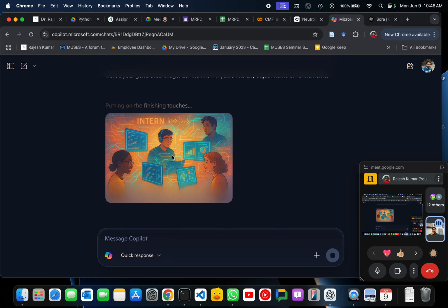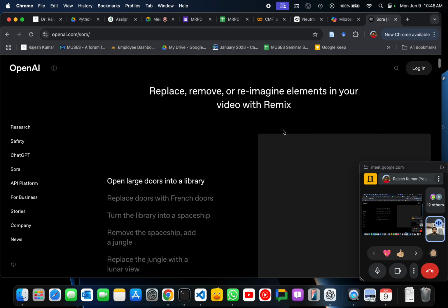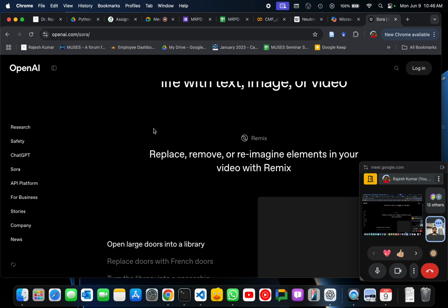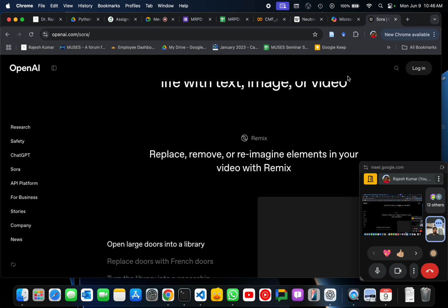So it has created this image, right? This is a good image. We can improve the prompt and do wonders with it. Now we have Sora, right? In Sora we can basically create text to video. It is not free, so I will not go there. And then we have Runway ML, which can create video from